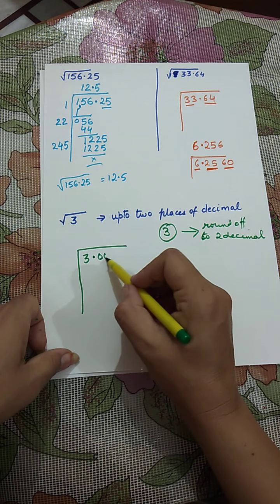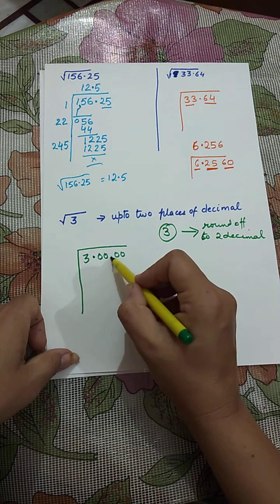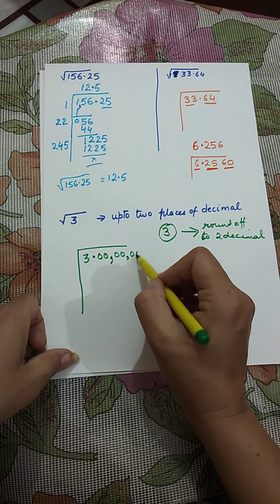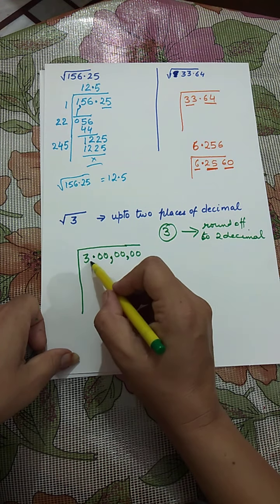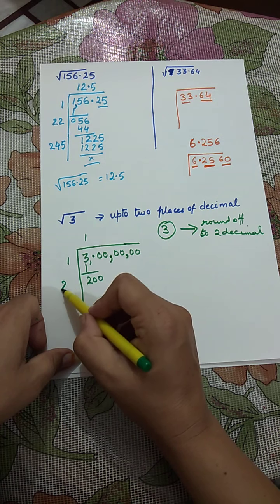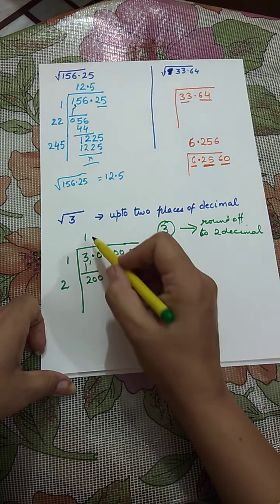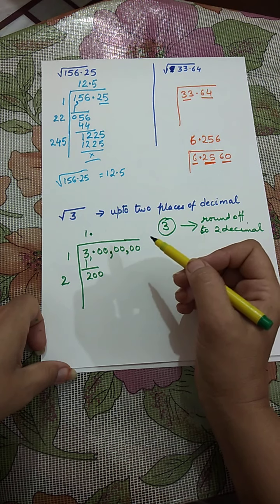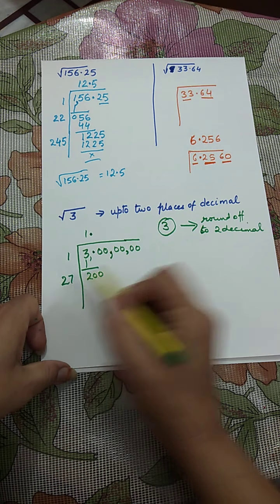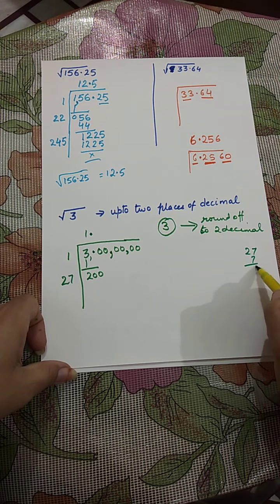So I am going to add 3 pairs of zeros over here because I need to find it for 2. Now the same step I am going to follow over here: double it, 2, and then since the decimal is here, I am going to put a decimal over here also, and when you multiply you will get as next is